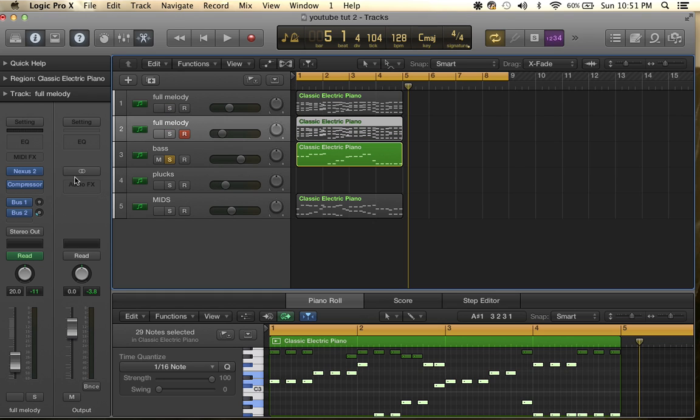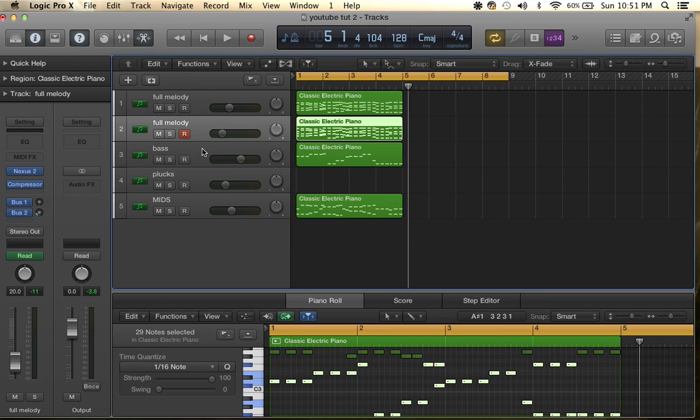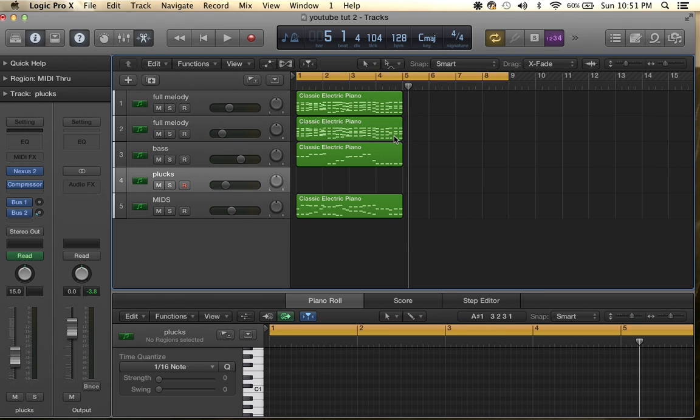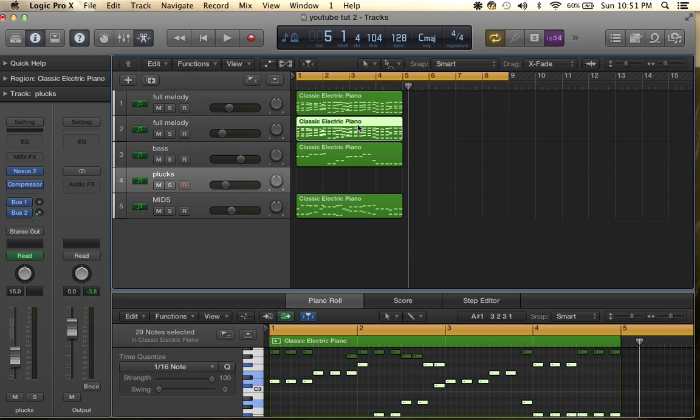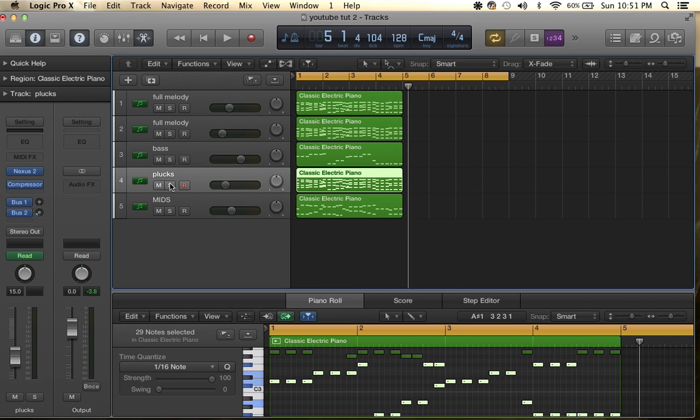Something sounded a little foggy, however. I think I have a little too much reverb on something. But I don't know what, so I'm not going to concentrate on that yet because I can sit here for a while concentrating on that. So what I'm going to do is I'm going to copy the same exact melody and layer it right here.